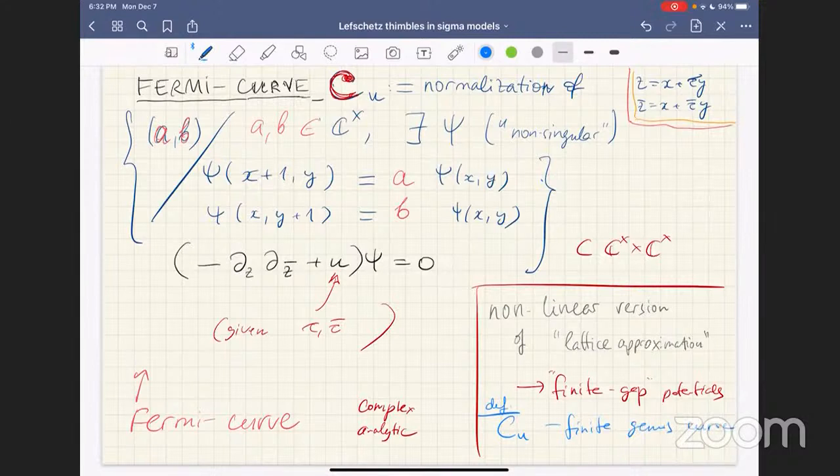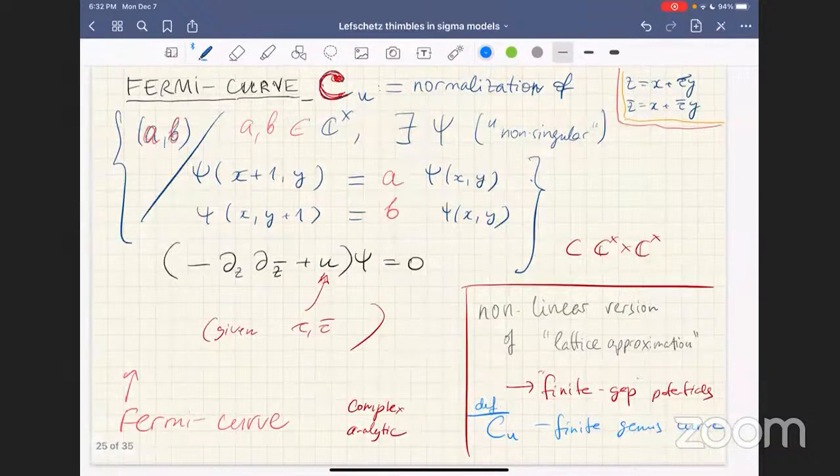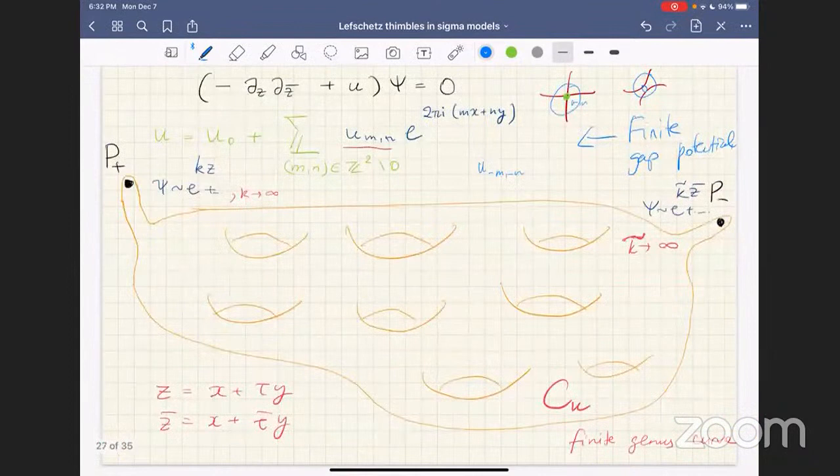So it is almost the same thing as saying that it has a finite number of Fourier modes, because basically what it means to be of finite genus, at least for sufficiently small Fourier coefficients, is to resolve a finite number of double points, which will produce a finite number of handles, and then the rest of the double points which are not resolved will be resolved by normalization. And maybe they will decouple. So we'll get to